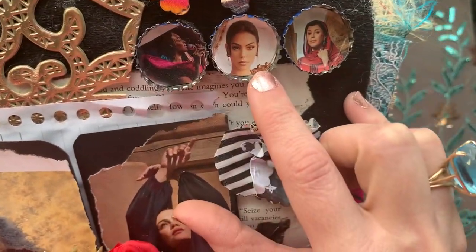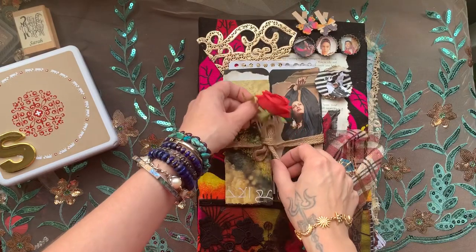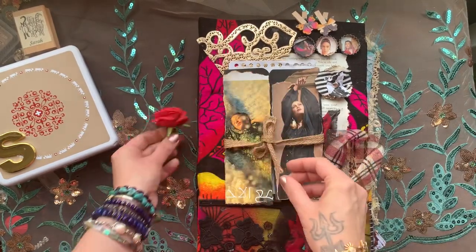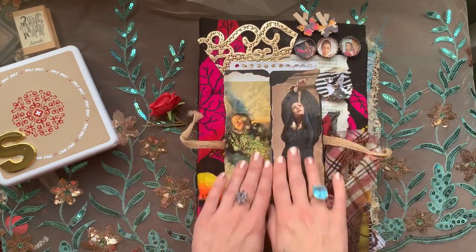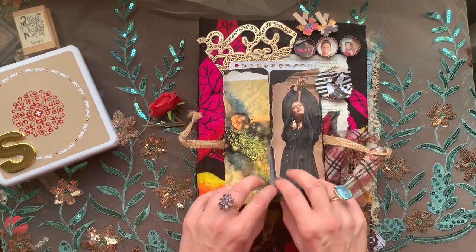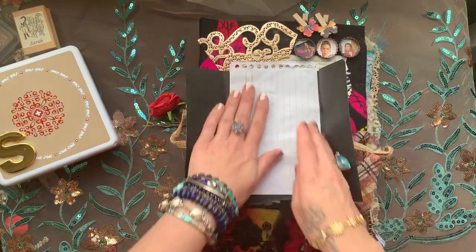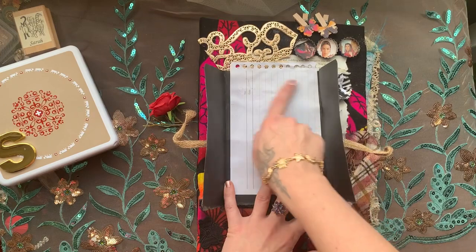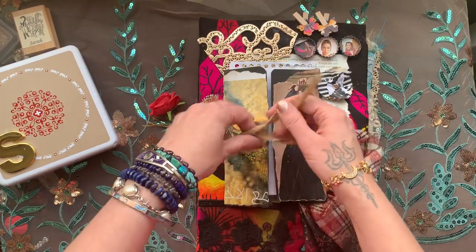And just look at the beautiful women in this. The little butterfly clips. It's all just such a treat to the hands. It's a treat to touch so many different textures and to have so many different moving elements, like this little hinged opening. And so on this blank page, what I'll do is I'll write the date that I received this